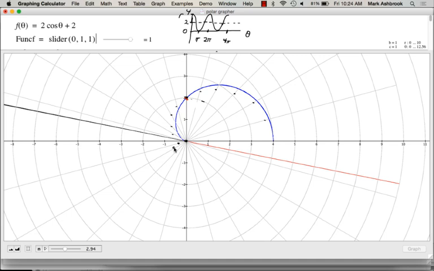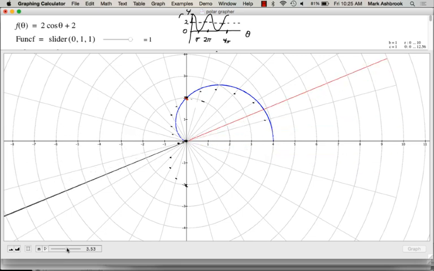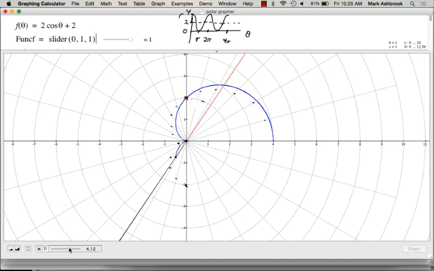Then at this angle, r is a little bit greater, and a little bit greater, until we reach 2. So watch it. As the angle goes from pi to 3 pi over 2, the radius increases that whole time, out to 2. And then the last part, 3 pi over 2 to 2 pi, from 2 to 4, and